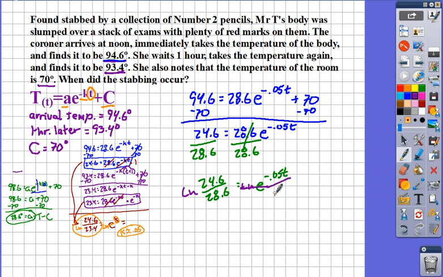We've got to divide out negative 0.05. Divides by negative 0.05. Those cancel. We get t equals that. So we plug that into our calculator, and we end up with t equals